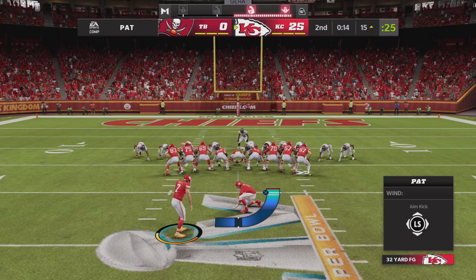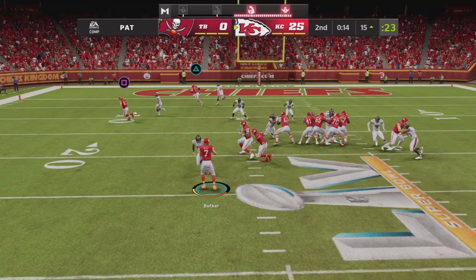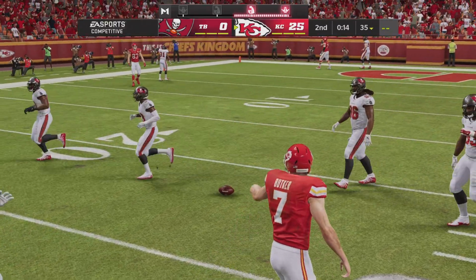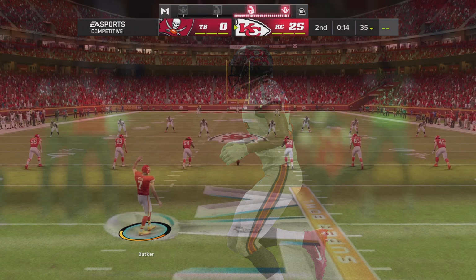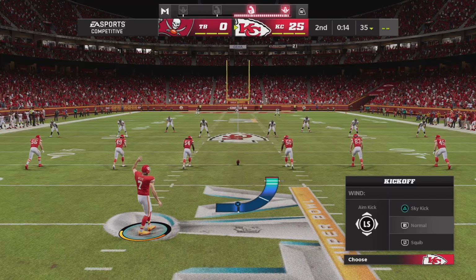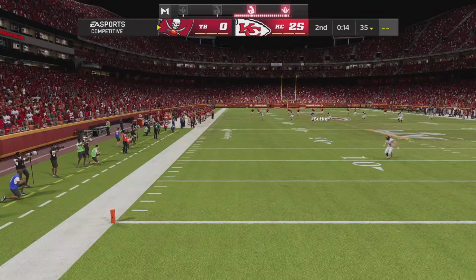Extra point. Oh, they flip it to the kicker. He looks like he's going to throw it. And he'll be hit as he releases it, and that'll fall incomplete. Now after the touchdown, here's Butker on to kick it away.